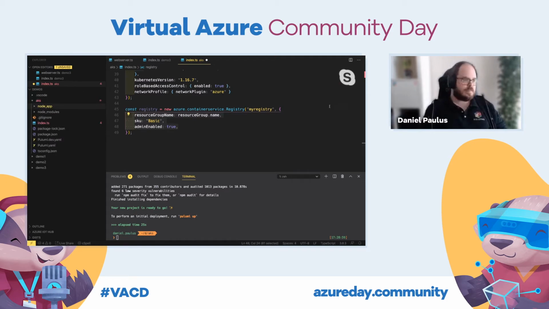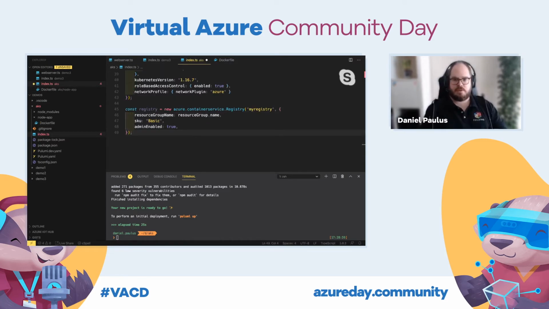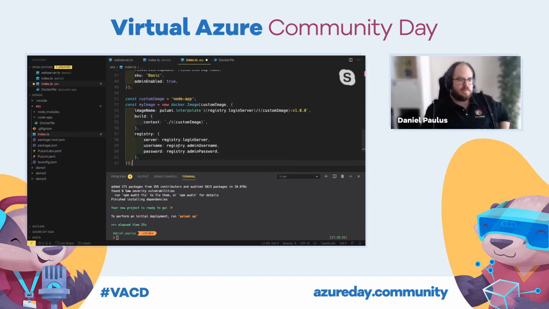Okay, let's create a Node app. And within that Node app, there are 3 files. But the most important one is, of course, the Docker file. And if we have the Docker file, then we could do something fun by saying,